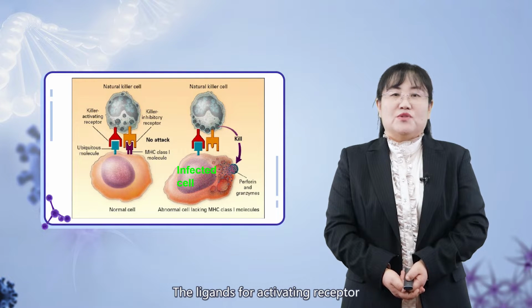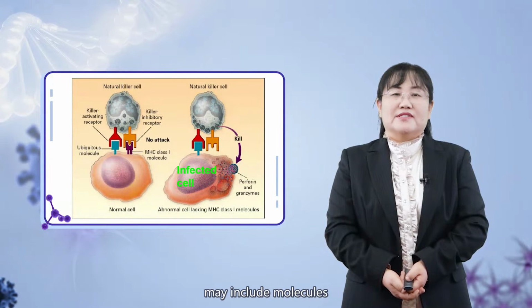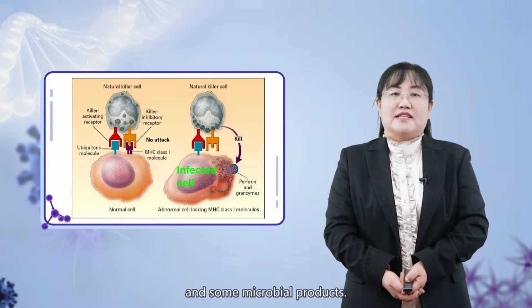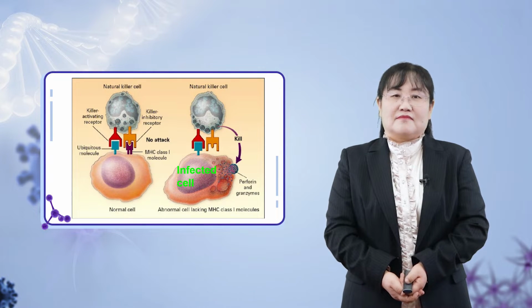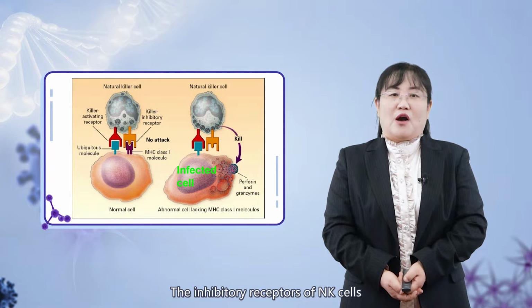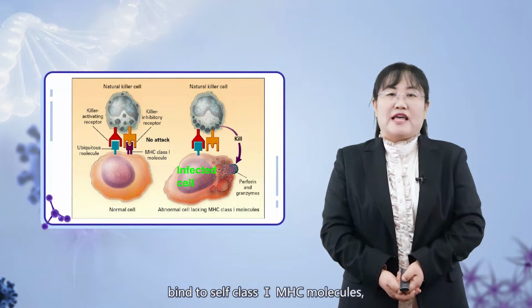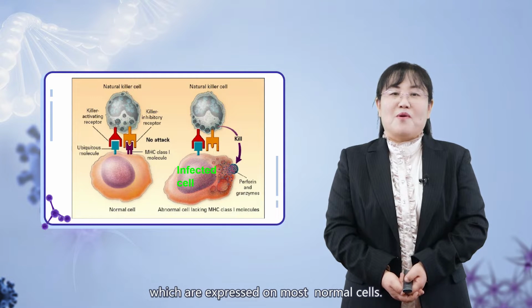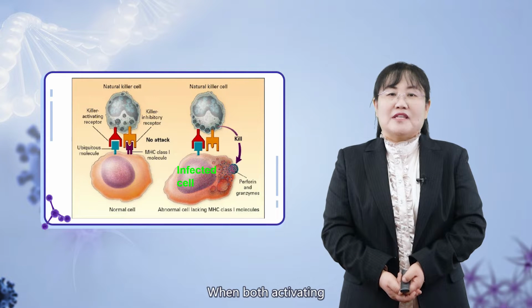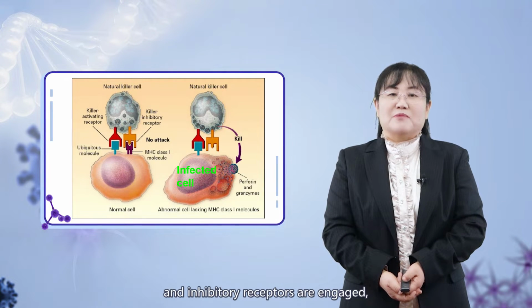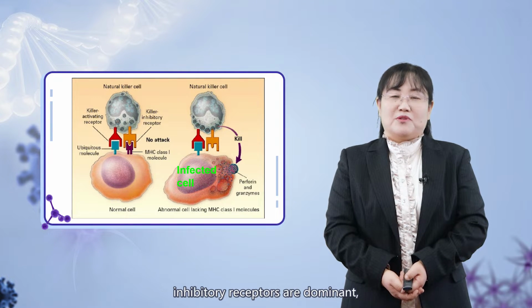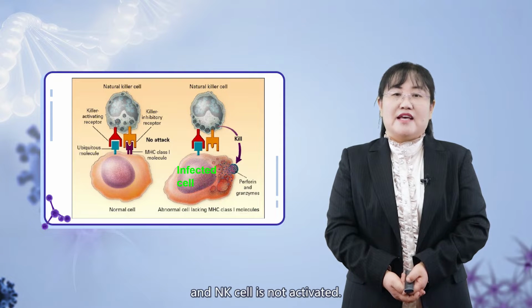CD16. The ligands for activating receptors may include molecules that are commonly expressed on the surface of tumor cells and some microbial products. The inhibitory receptors of NK cells bind to self-class 1 MHC molecules, which are expressed on most normal cells. When both activating and inhibitory receptors are engaged, the influence of the inhibitory receptors is dominant, and the NK cell is